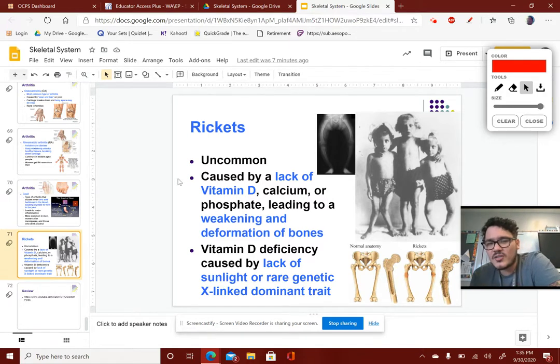Now, I mentioned earlier, some countries still have common cases of rickets, or more common cases. So some of those countries are going to be areas of the world that are more impoverished. There's more poverty, less food readily accessible. Other parts of the world can have this as well, places where there's not as serious child labor laws.